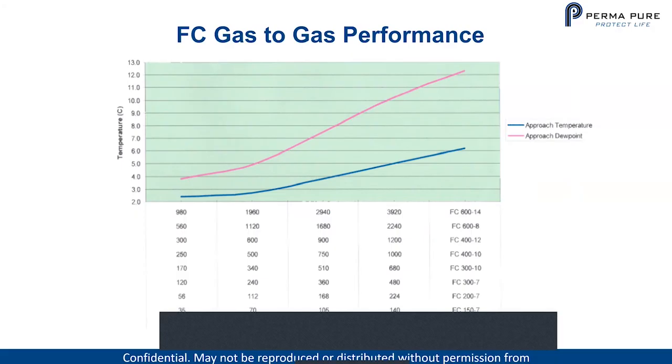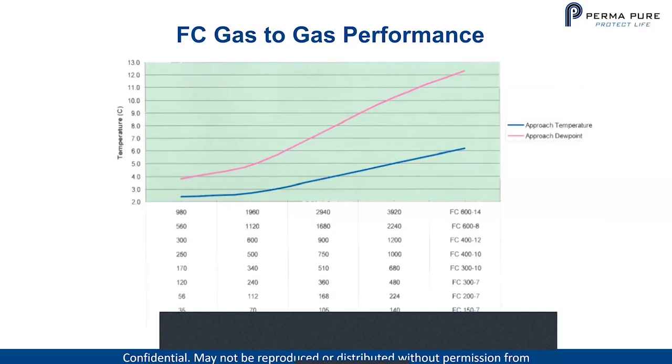For example, let's take a look at right in the center there, our FC 600-14, and at a flow rate of 2940, our approach temperature is roughly 3.8 degrees, and our approach dew point is roughly 7.5 degrees. That means if our gas stream used for humidification, our source gas stream, is 60 degrees centigrade,